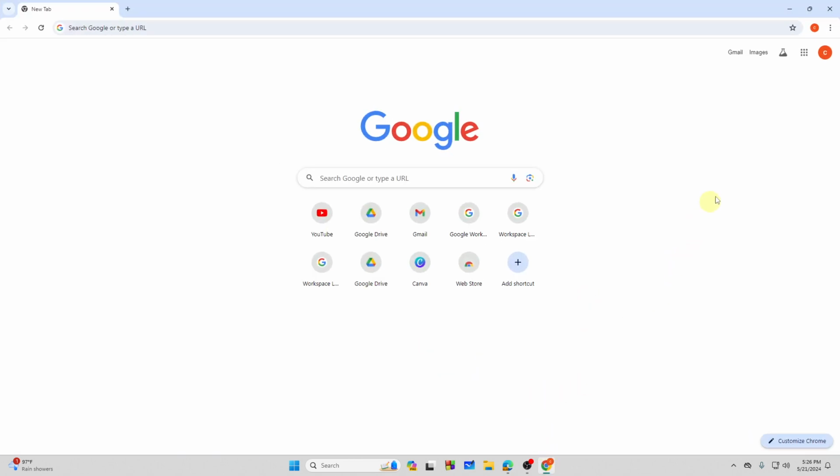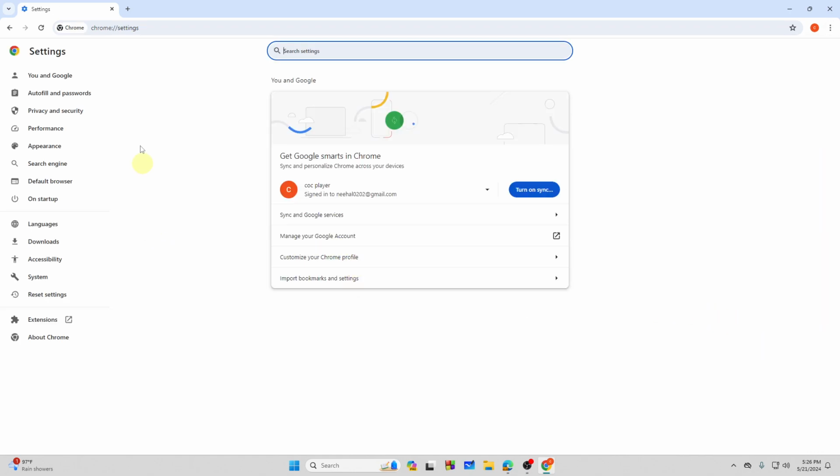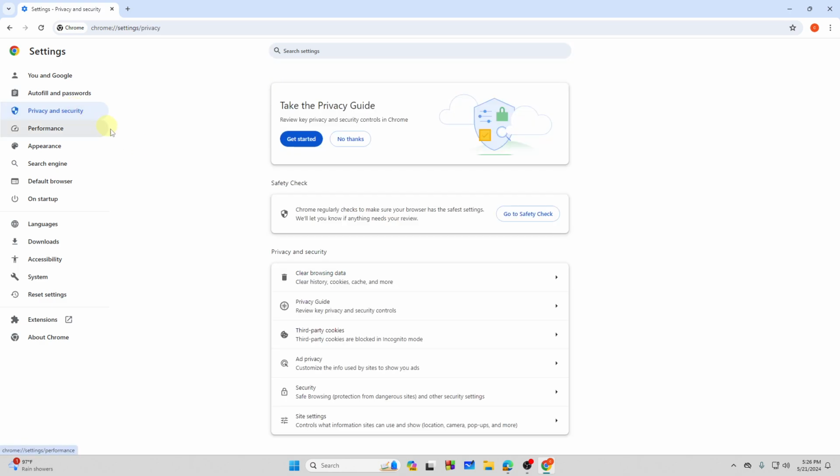And from here, you need to go to the three dots on the top right side corner. Just tap on that. And from here, as you can see, here is the settings option. Just tap on the settings. Now you need to go to the privacy and security option. All right. After that,